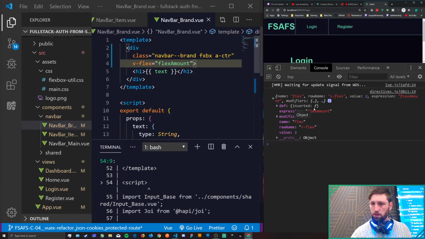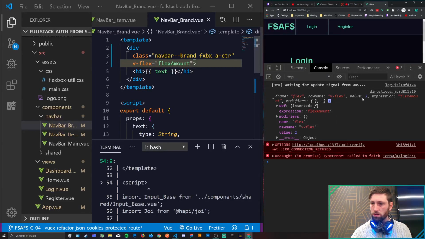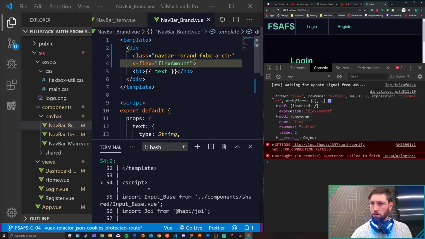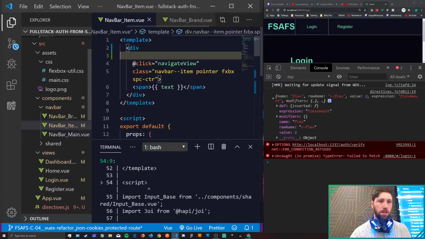It's in there, flex amount. Oh, we might need to actually do